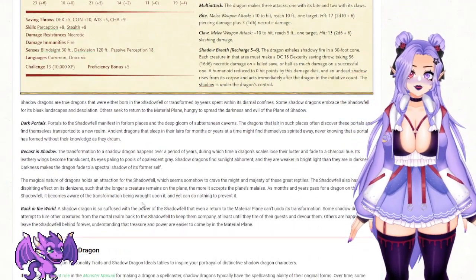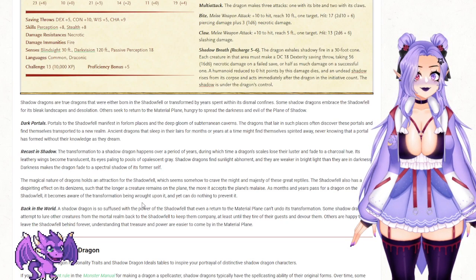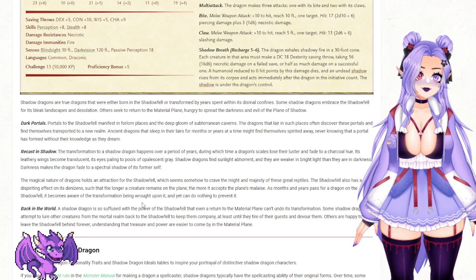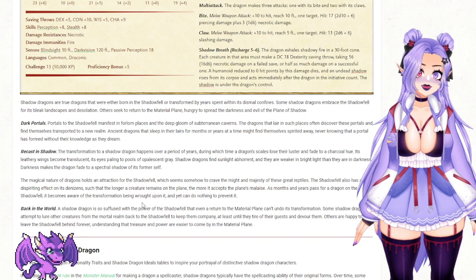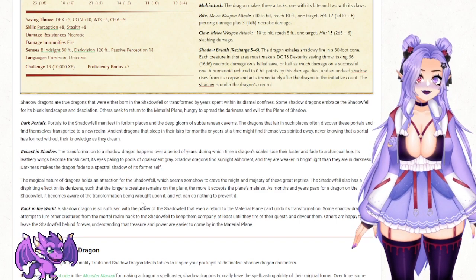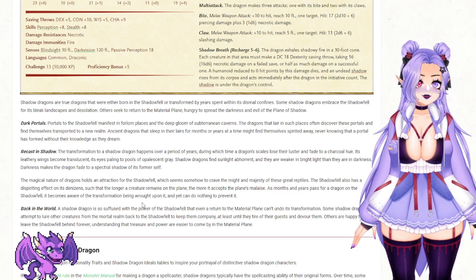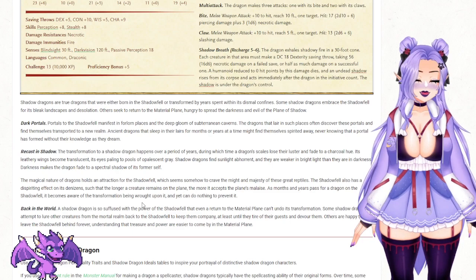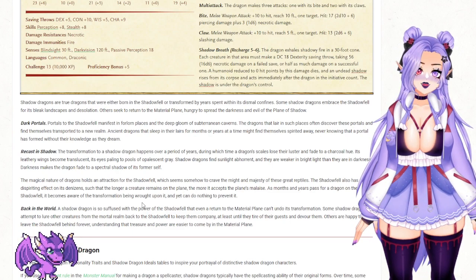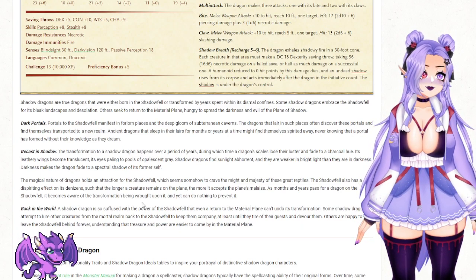So for our description, shadow dragons are true dragons that were either born in the Shadowfell or transformed by years spent within its dimensional confines. Some shadow dragons embrace the Shadowfell for its bleak landscapes and desolation. Others seek to return to the material plane, hungry to spread the darkness and evil of the plane of shadow. So you also get things like dark portals, recast in shadow, and back in the world, which are all very